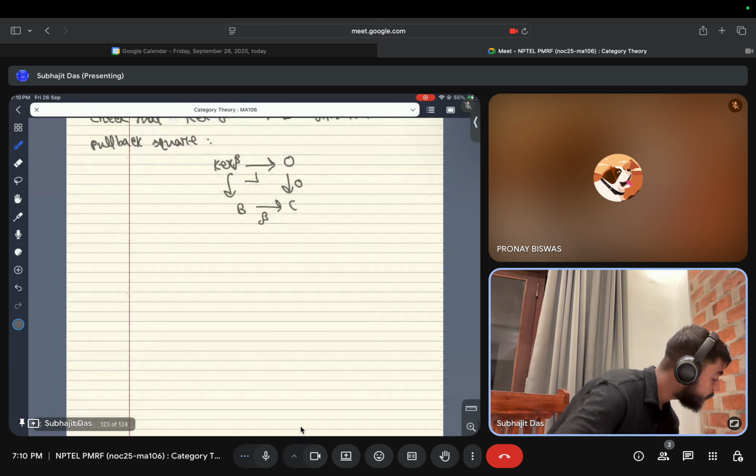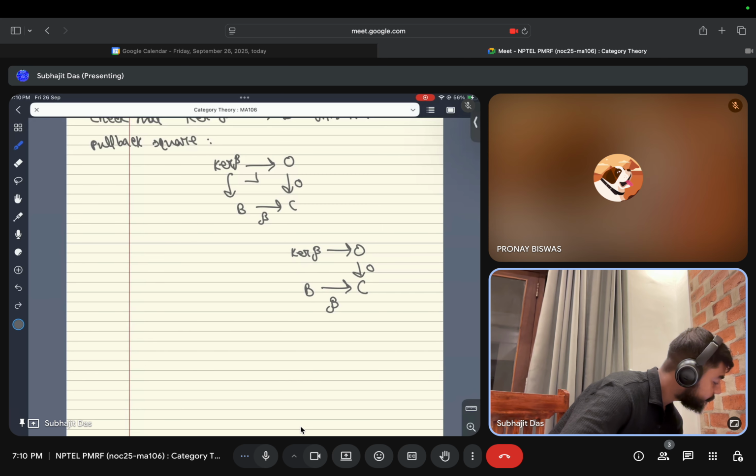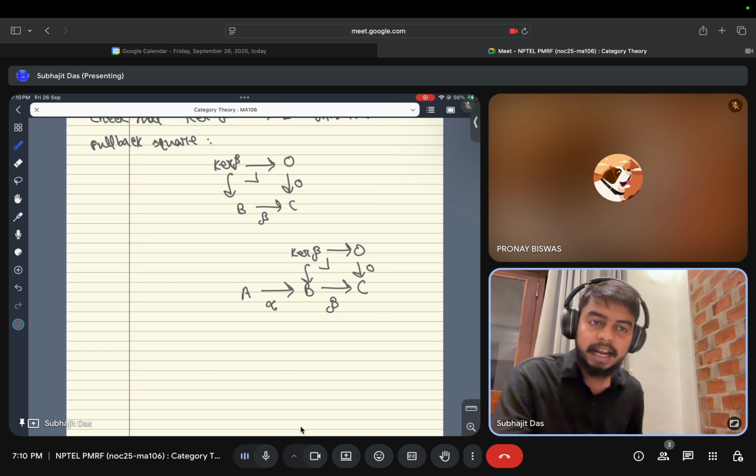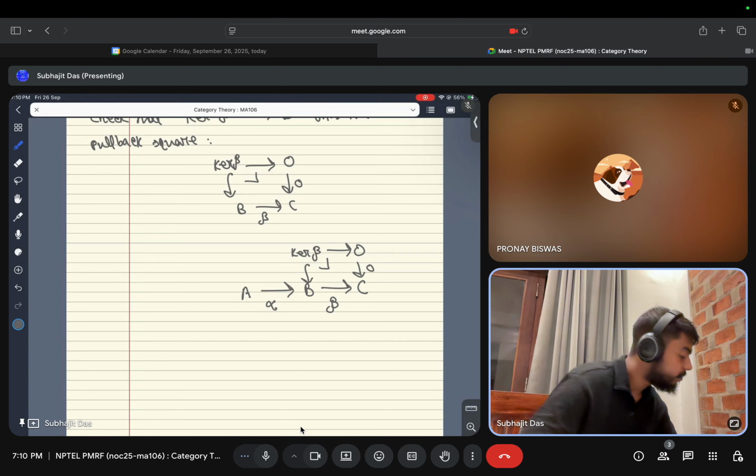So B to C, let's try to fit everything properly. 0 to C, 0, this is kernel of beta, this is our inclusion, right? This is a pullback square, and from A to B alpha,